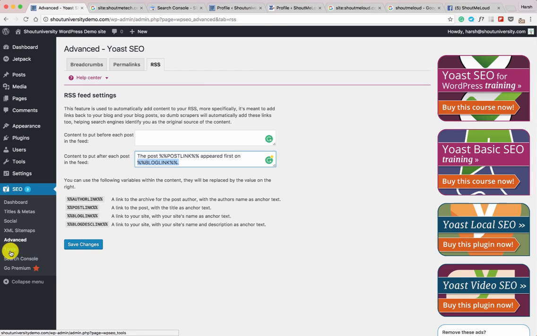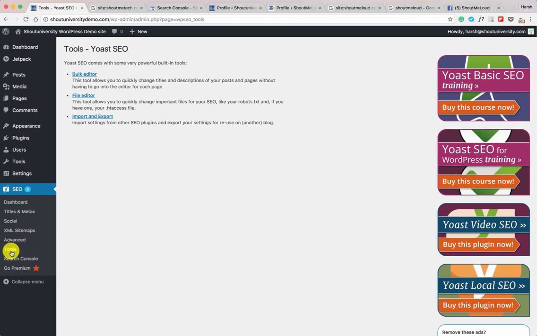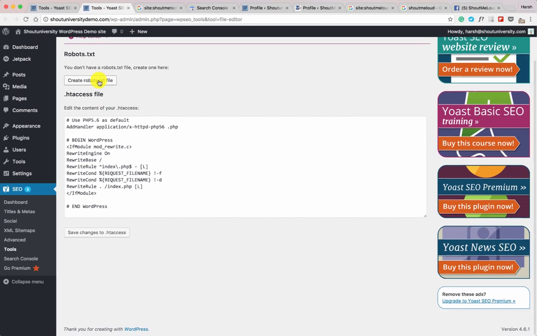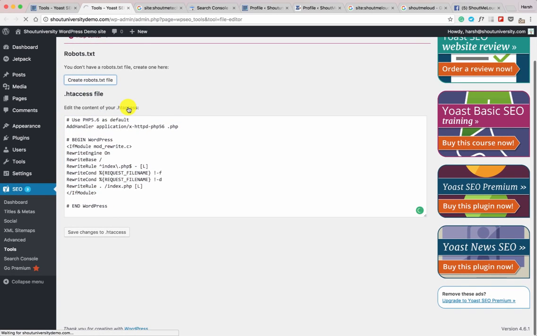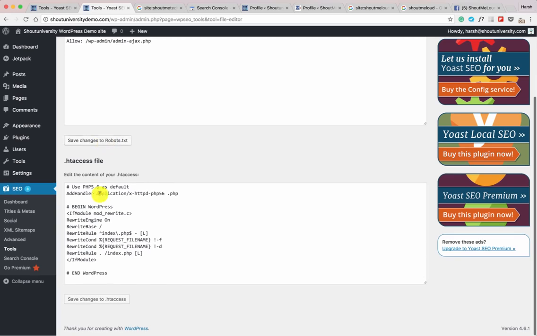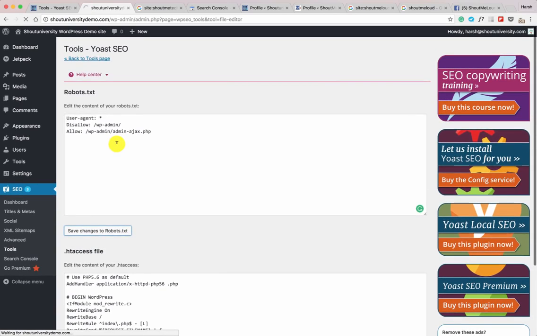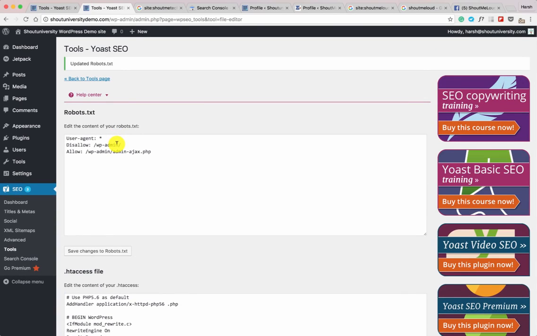And let's move to the next section, and that's tools. Now, Yoast SEO lets you edit a few of your important files, like you can edit the .htaccess file. You can also edit the robots.txt file. So let's click on file editor, and here you can create a robots.txt file. This is the default .htaccess file. So let's click on create robots.txt file. That's it. Save changes to robots.txt. The default robots.txt file is fine, and when your blog is growing,